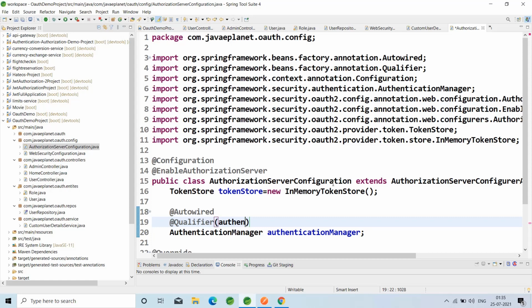It is authenticationManagerBean. For that we are using the qualifier, authenticationManagerBean.